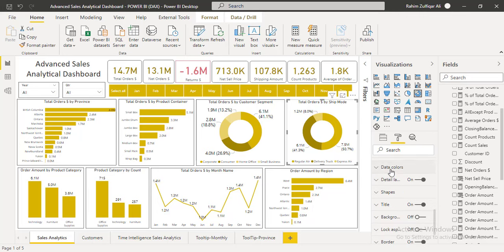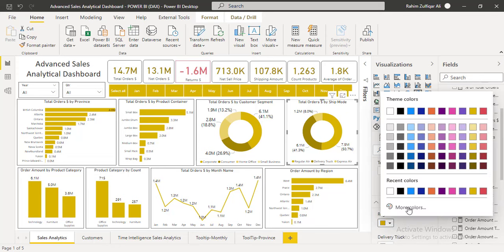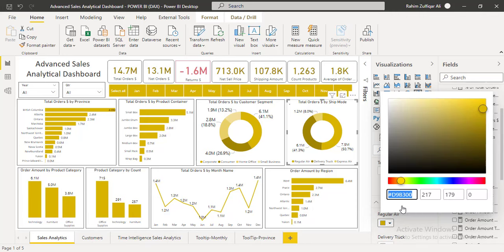The most important thing is that when you create a dashboard for your organization, you prefer the theme colors. So in the data colors, you can go ahead and click on the color schemes, where you can click on more colors and define the RGB as well. In the previous versions of Power BI, RGB was not supported, but now in the latest versions RGB is supported. So if you have the specific color RGB number available, you can define it here, and that exact color will appear on your dashboard.